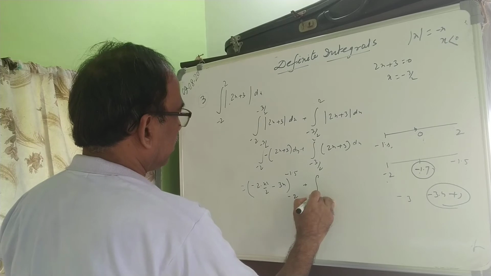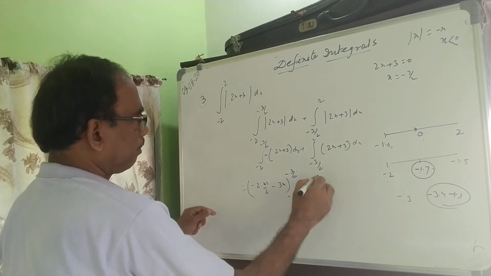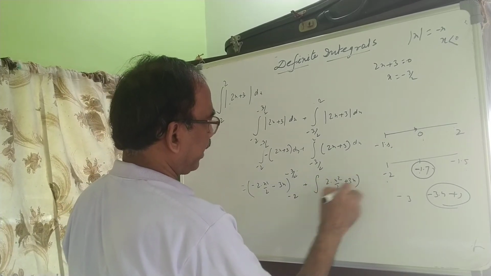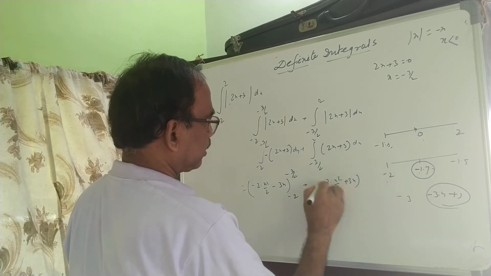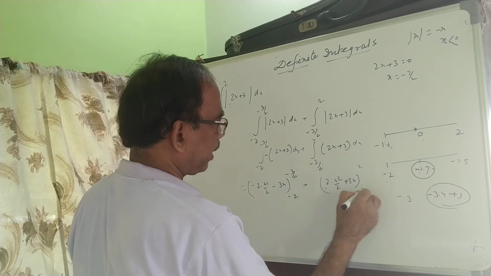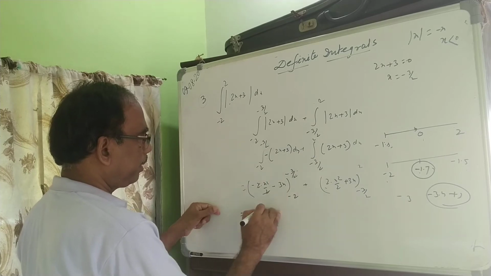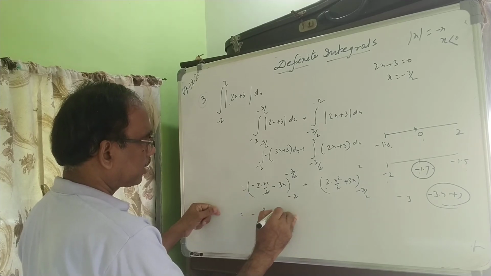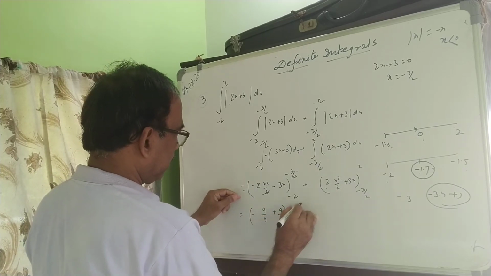Plus, you can write 3 by 2, plus 2 into x square by 2 plus 3x. The integration finished. That is upper limit to lower limit minus 3 by 2. Now put the value, this and this cancel. That is minus upper limit, that is 3 by 2 whole square means 9 by 4, minus sign. Minus plus, that is 9 by 2 upper limit, then minus lower limit